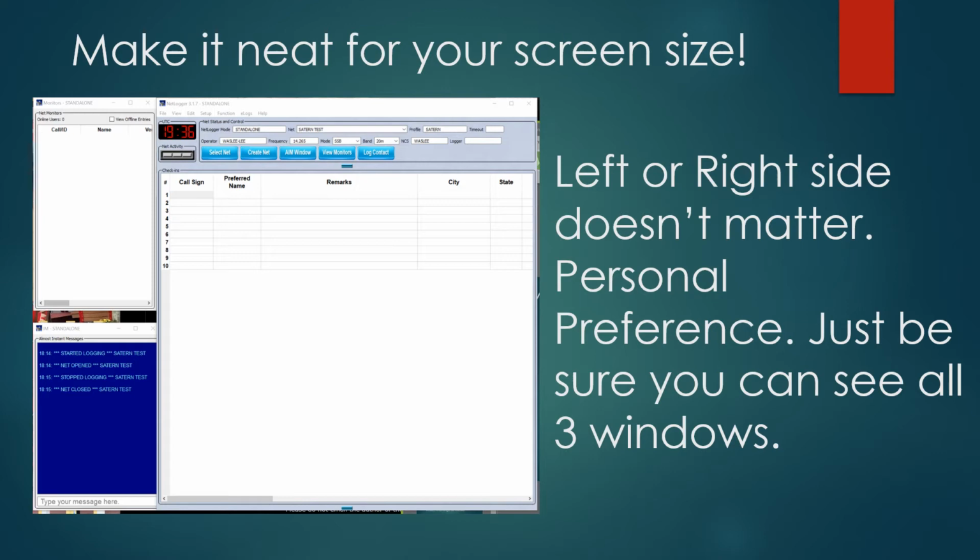If they are not highlighted in blue, it means they have not. The lower left-hand window is now called the IM window. The AIM window, which stands for Almost Instant Messages. The way NetLogger works is, since it is an